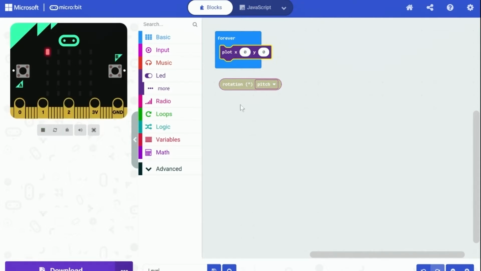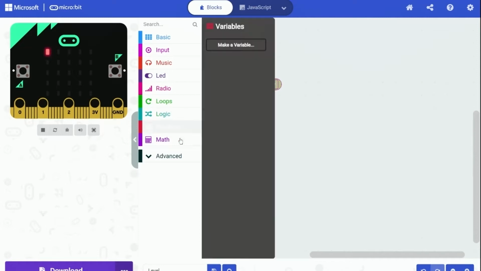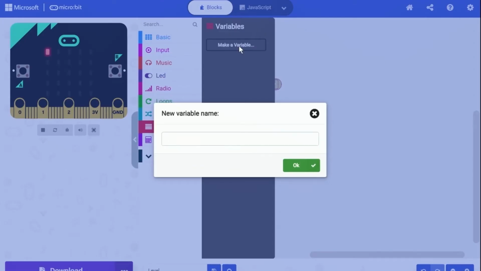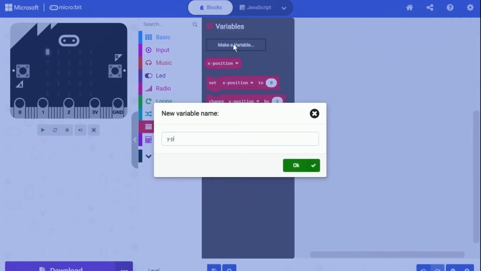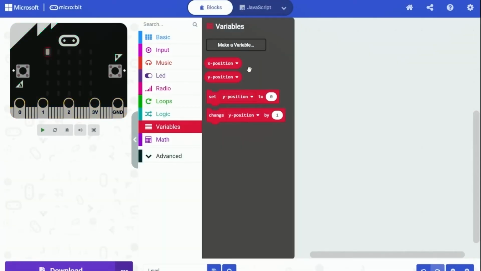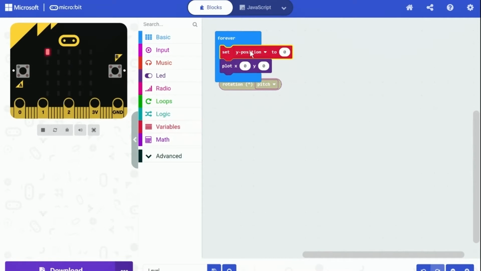point should be. We are going to create some variables to store the result of the conversion. I am creating one as X position, and the other one as Y position. Just type in the name in the pop-up and click on the OK button. The variables should be visible after you create them. Now you see, the two variables are ready to go. We are going to use these variables to store the position we want the LED point to be.